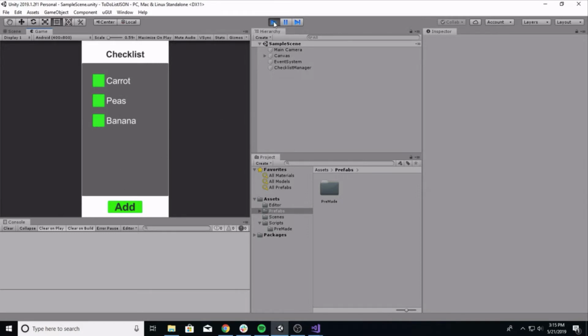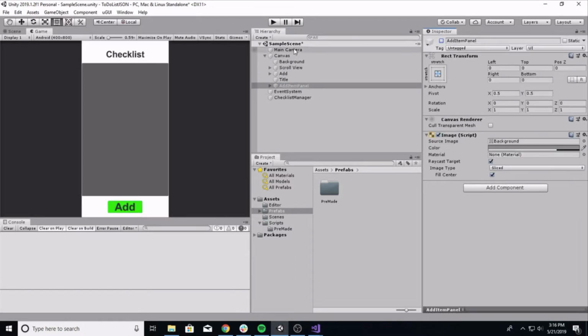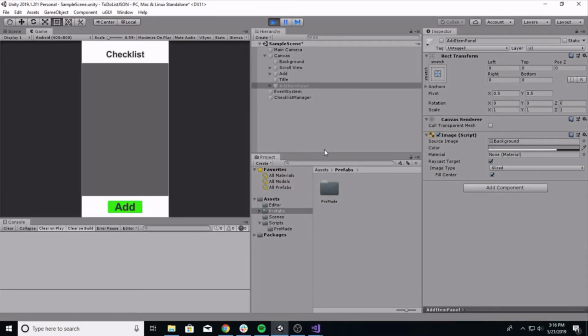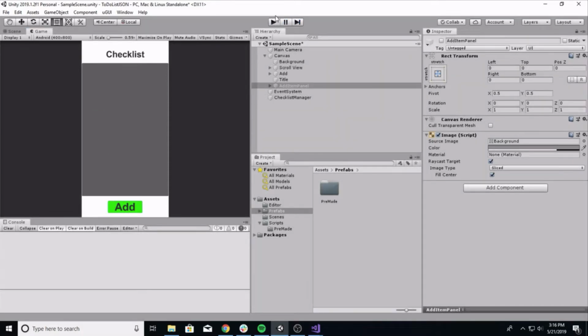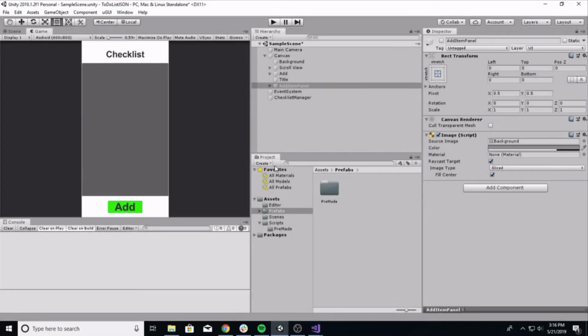If I were to uncheck or stop playing the application, and then let me actually disable this. If I hit play again, you'll see it repopulated the stuff I put in, and then I can check something, stop it, and then replay it, and it remembered what I deleted as well. So that's all using JSON to write and read to a file, and I'll show you really quick what that